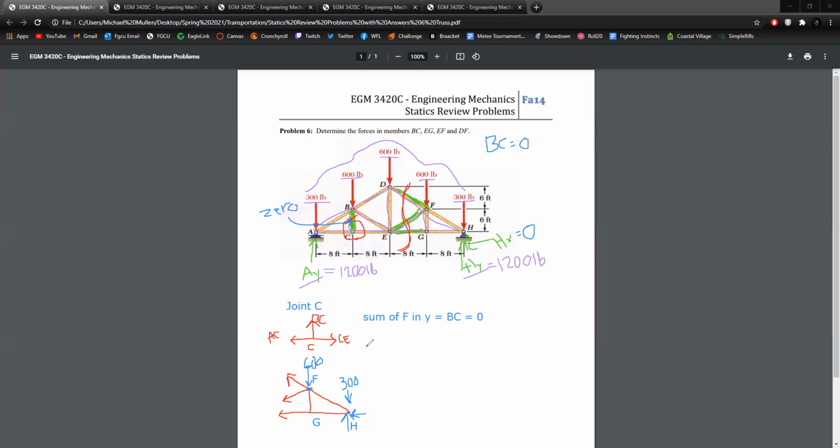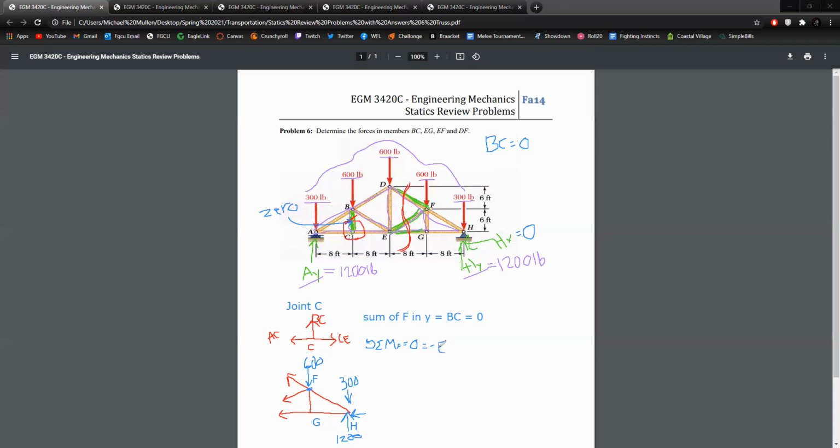So we'll say, just so I can keep the proper notation, sum of the moments at F equals 0. So taking the moment about F, EF and DF are both going to go away. The 600 is going to go away. The 300 and HY, which is 1200, and then our unknown EG will all be accounted for in this. So if we say counterclockwise is positive about F, we're going to have